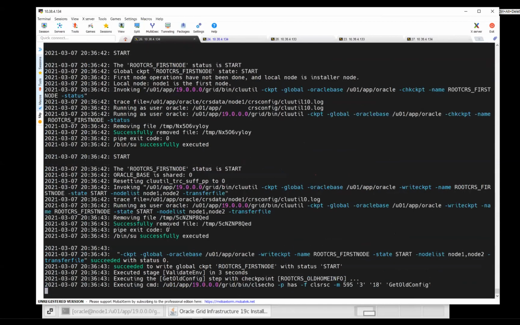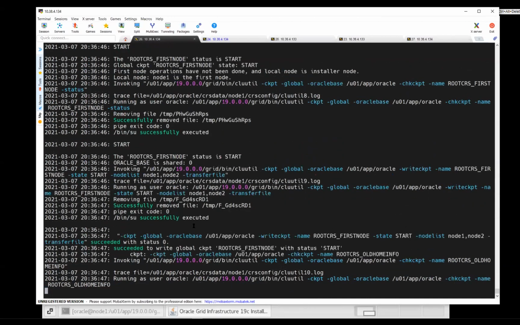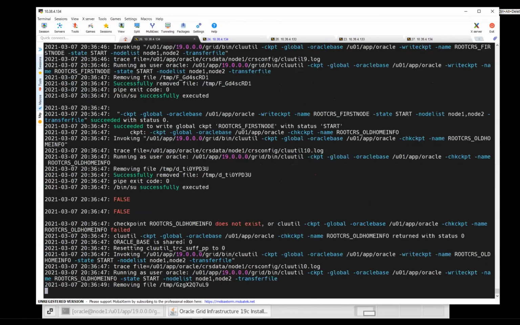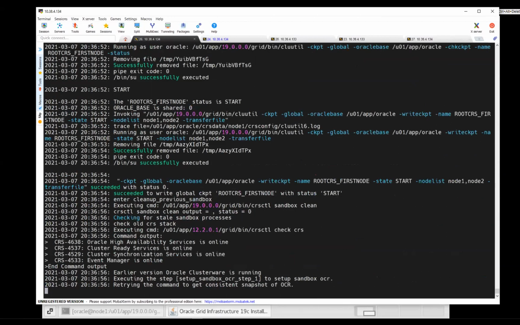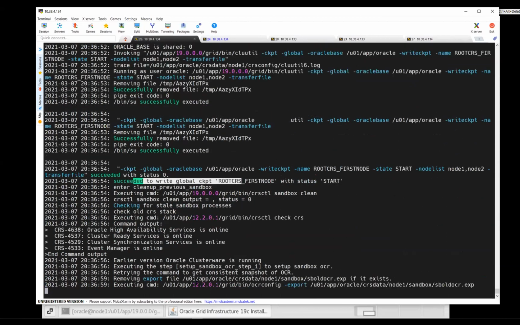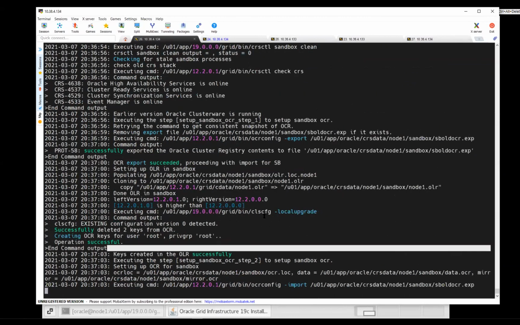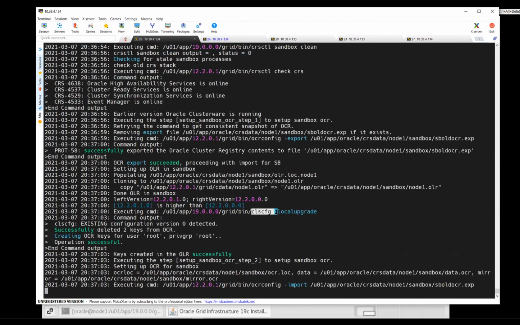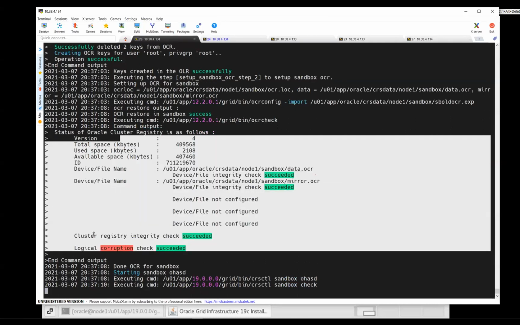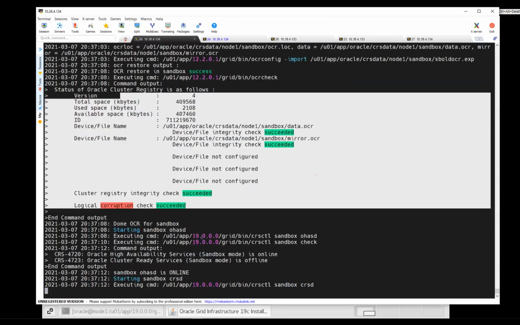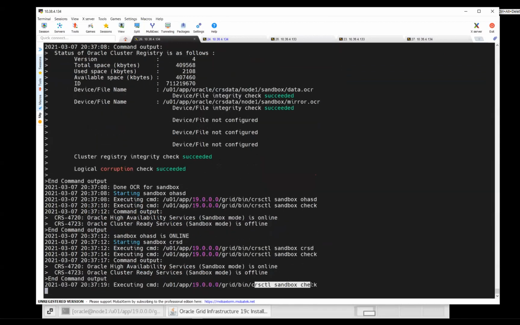You can see, right? What all does it do? It'll query all the CRSCTL commands, and it'll make sure that your cluster is compatible for a smooth upgradation, or the smooth transition from 12c to 19c. You can see the OCR config command and the OLR, OCR, and you can see the crsctl local upgrade, and you can see your voting disk. You can see logical corruption, cluster integrity check, everything it will do, and all these commands, right? The crsctl sandbox check,